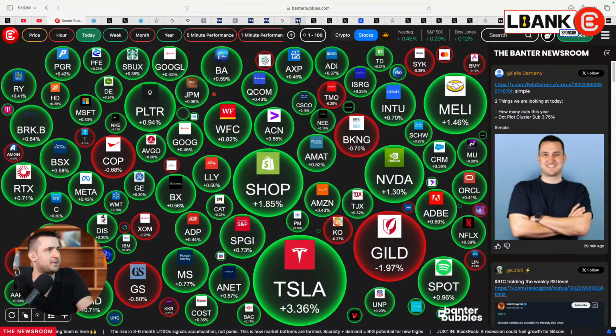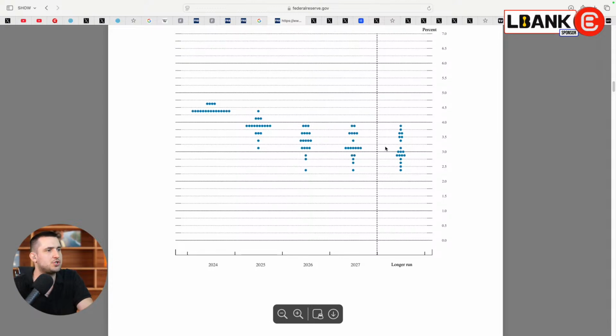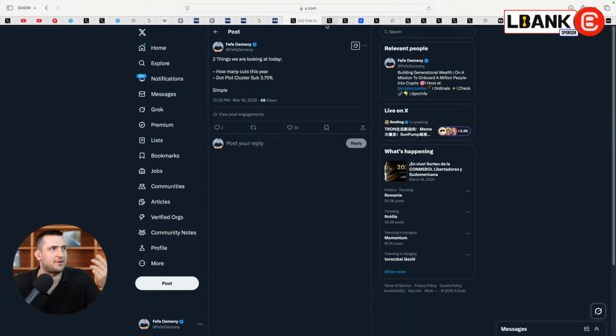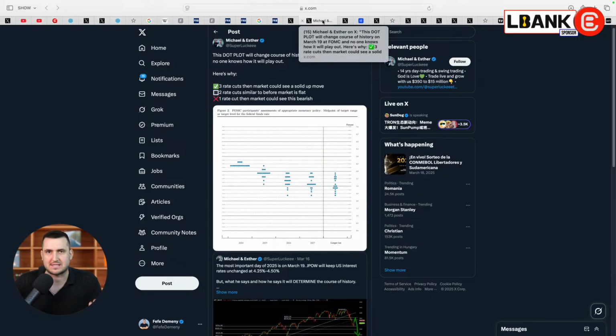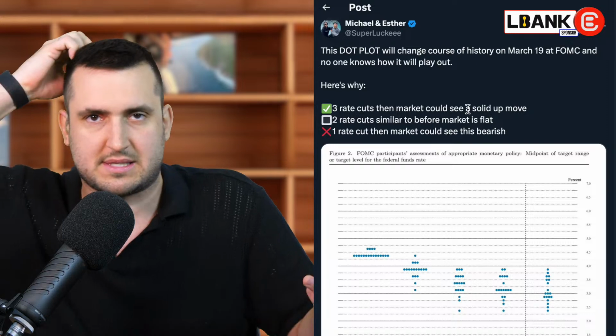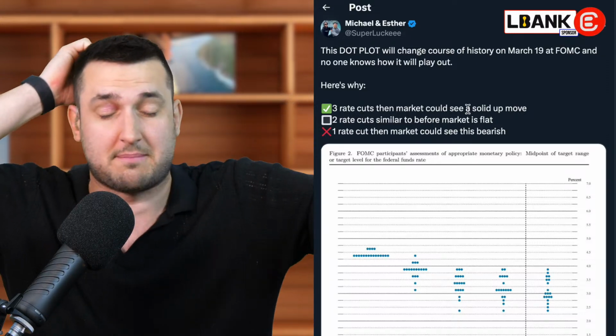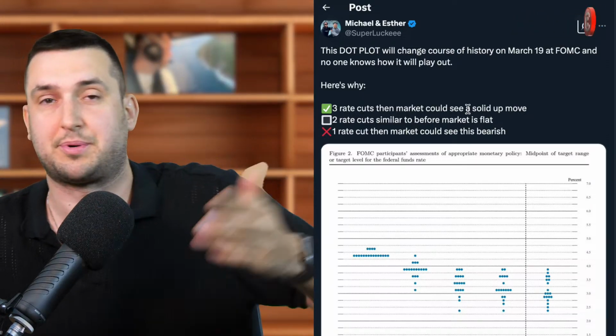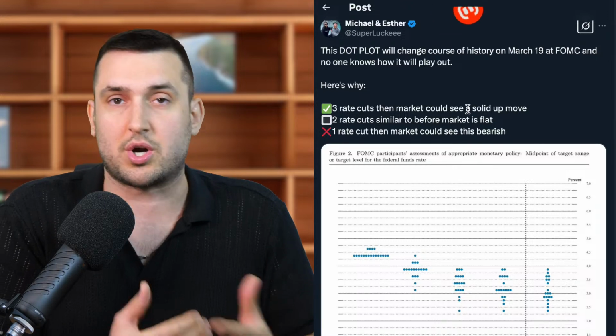Okay, let me get back here because this is relevant. Once you know what the dot plot is, you can open this up, or you can go onto my page. I'll post about this. And when we know what it is, you can have an idea about where the Fed's mind is at. Now, if it comes in lower, that is obviously a very good sign, because it means the projection comes in lower, which means we're going to have more cuts than predicted, and therefore more cuts mean